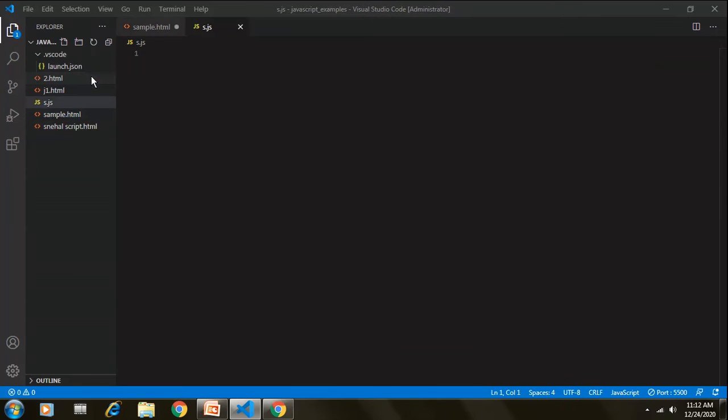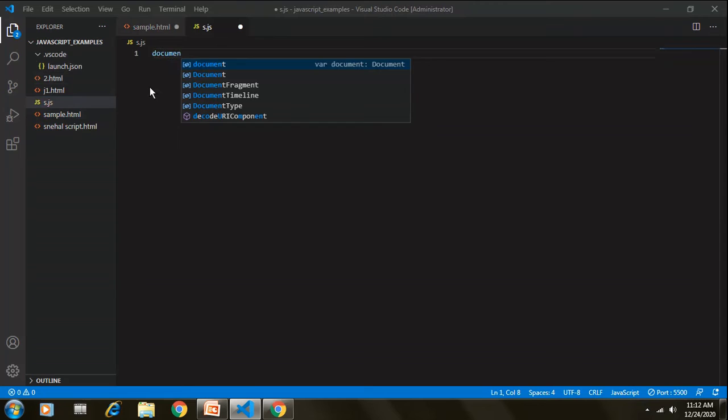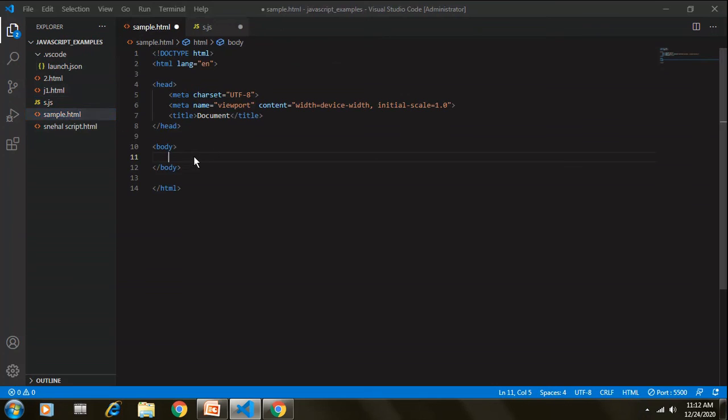Next, an external file. We can use JavaScript as an external file. For that we can write JavaScript code as a separate file. Then we can incorporate it in HTML using the script tag. In the script tag we have to write src equal to the JavaScript file name. The use of this way is that it allows reusability of code, and moreover it will be very easy and simple to understand.